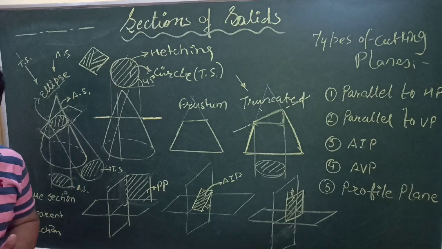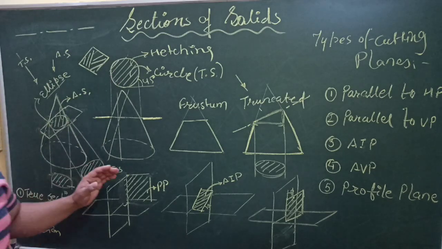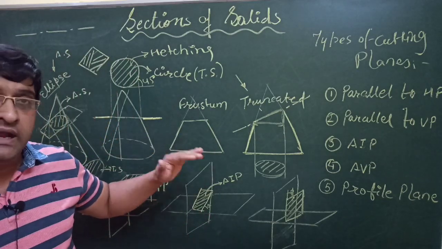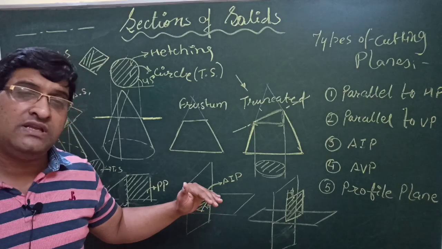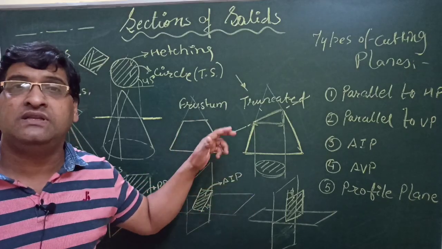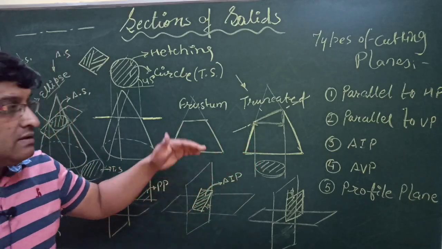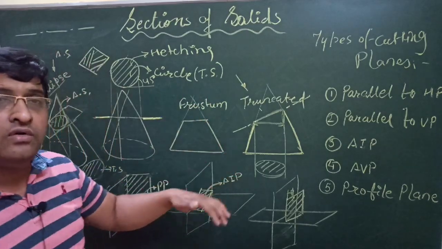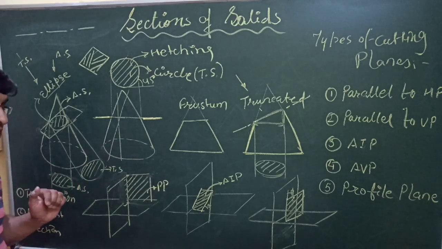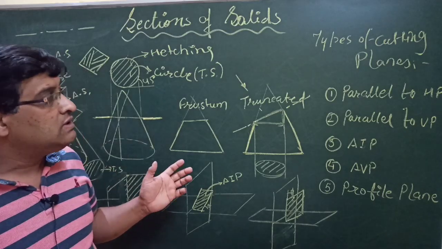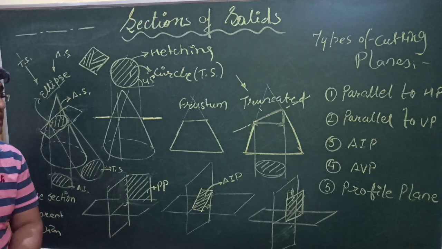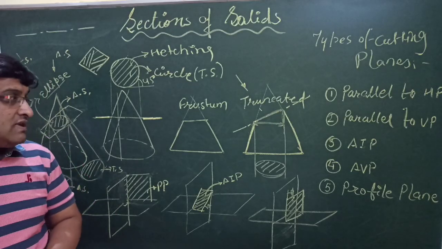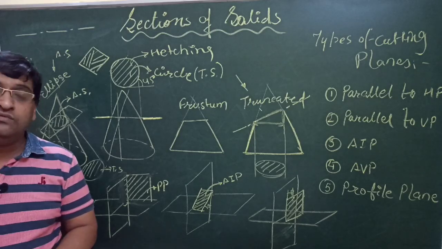As far as diagrams are concerned, you have to draw the front view and top view as usual. Cutting plane you have to draw, and if the upper part is removed, then the lower part must be darkened. In the top view also, the upper part should be very light and only the lower part should be darker. So this is the introduction of section of solid. From the next videos we will start the problems of sections of solid. Thank you for watching.